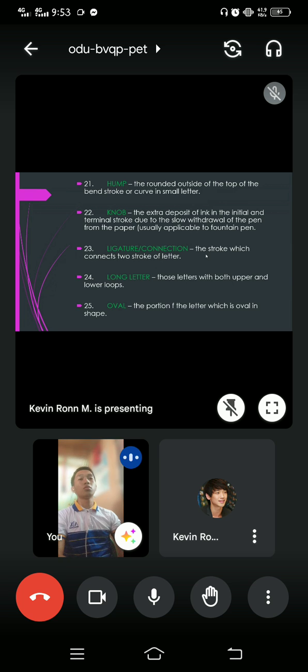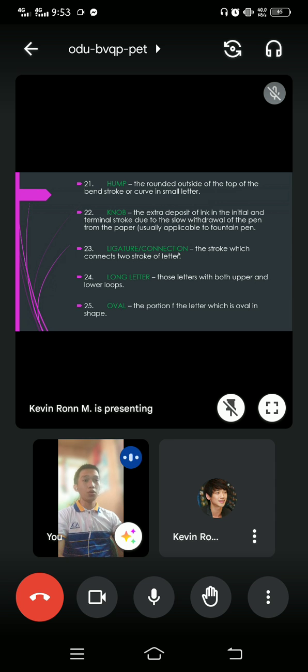Number 22 is knob: the extra deposit of ink in the initial and terminal stroke due to the slow withdrawal of the pen from the paper, usually applicable to fountain pen. So that is knob. Number 23 is